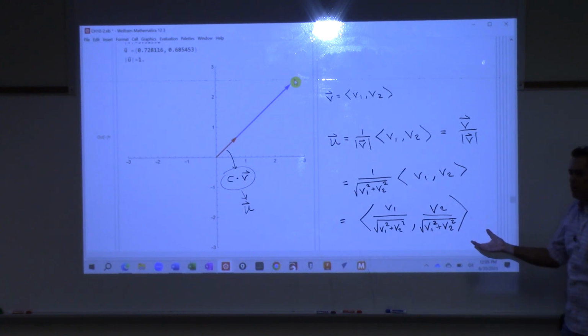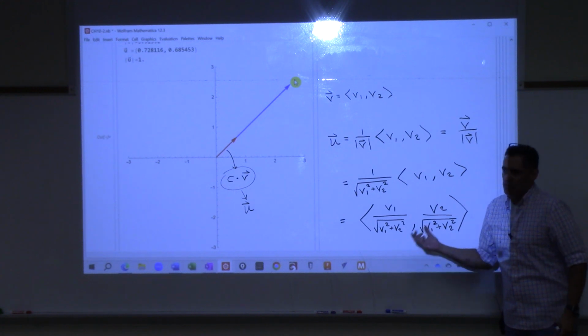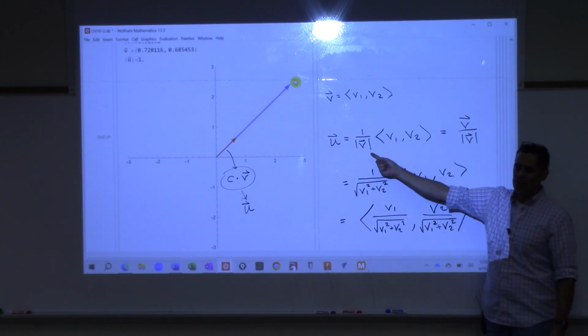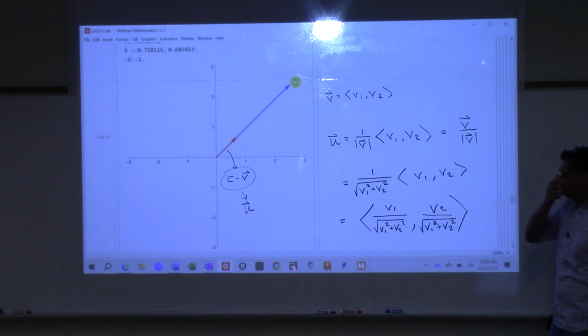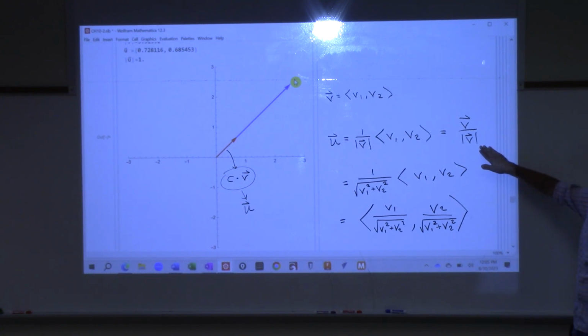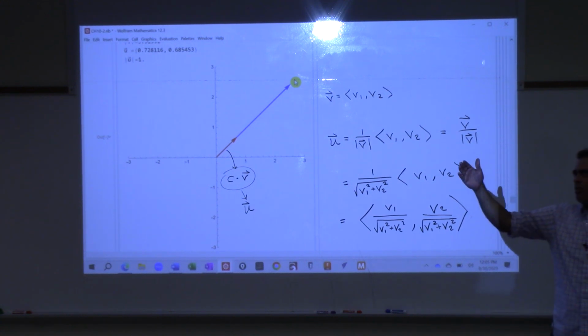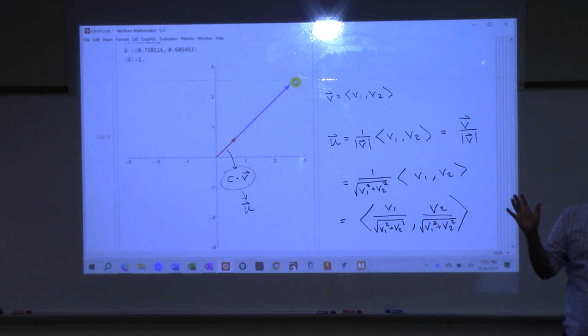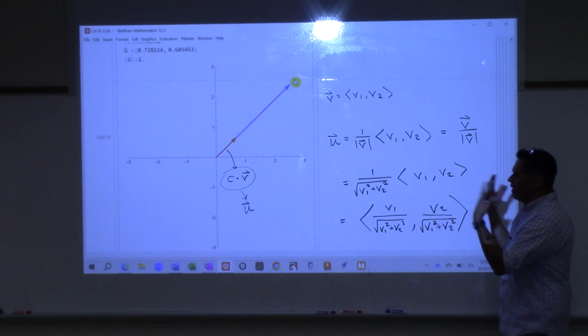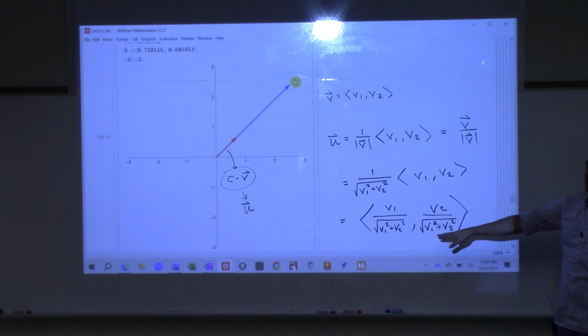Now, most of the time, we don't try to memorize this formula. What we try to memorize is this formula or this one, like this or this. This is the one you're going to see most of the time, right here. But that's more generic, where we can just plug things into it. Now, I said it seems like this would be right, like if it was 10 units long, we would divide by 10. Y'all agreed with that? No one disagreed? That's how we came up with this. How could we convince ourselves now that this is, in fact, a unit vector? I mean, we think it is. This should be a unit